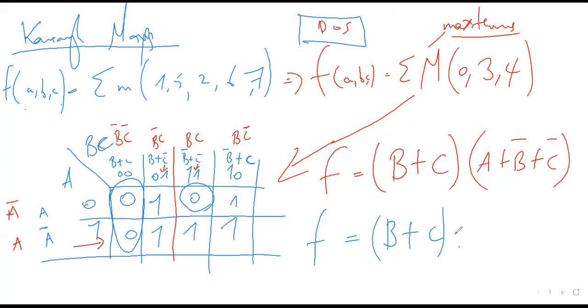Right, so continuing with our expression, we just dealt with this one. We took B plus C because this 0, 0 remained constant. Then for